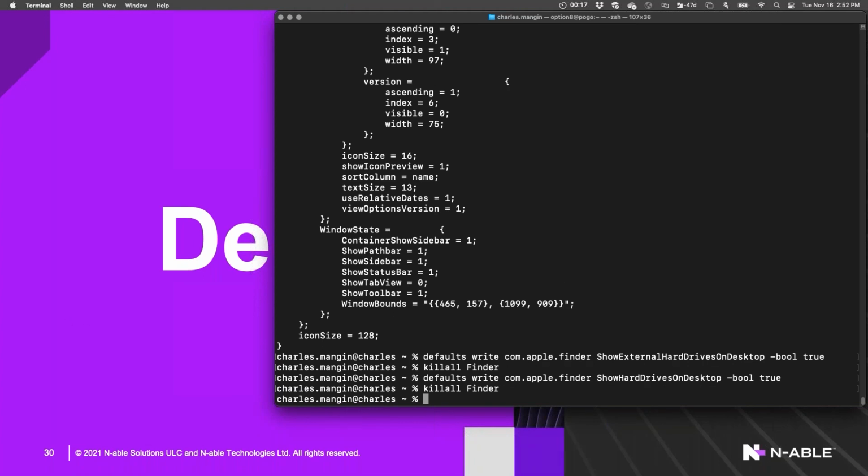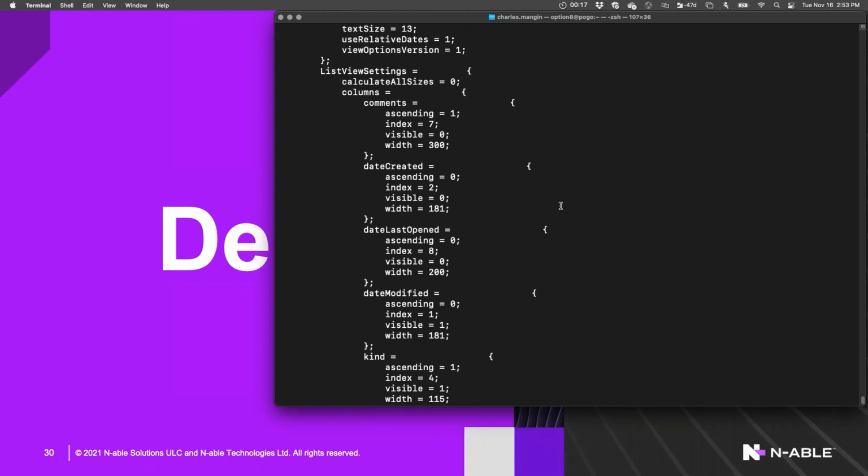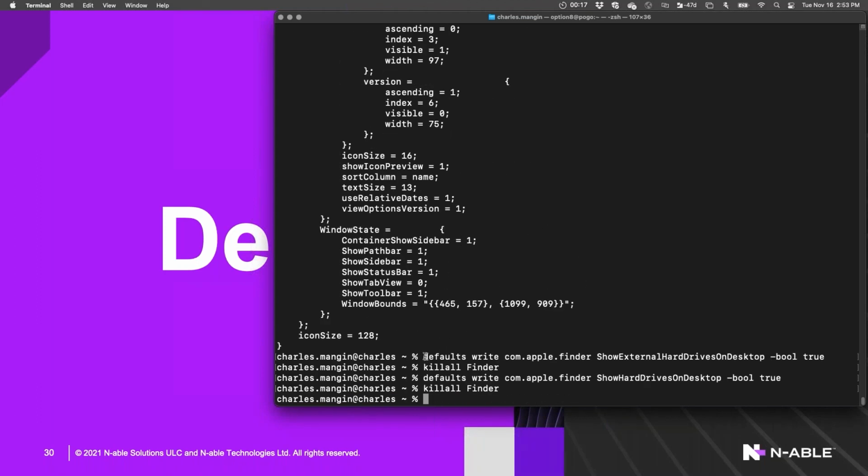specific preferences for Microsoft applications, or for Chrome, or for the Finder, things like that. You can find the keys that you want to change and set their values and put a whole bunch of defaults commands together into a script, and then upload that script as part of your initial setup and onboarding, and it will preset those preferences and configurations for you before the user even gets logged in for the first time.